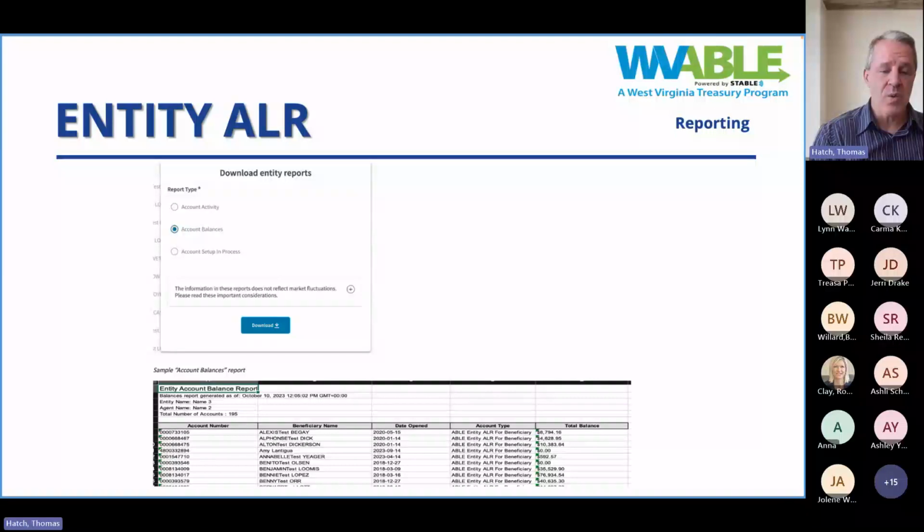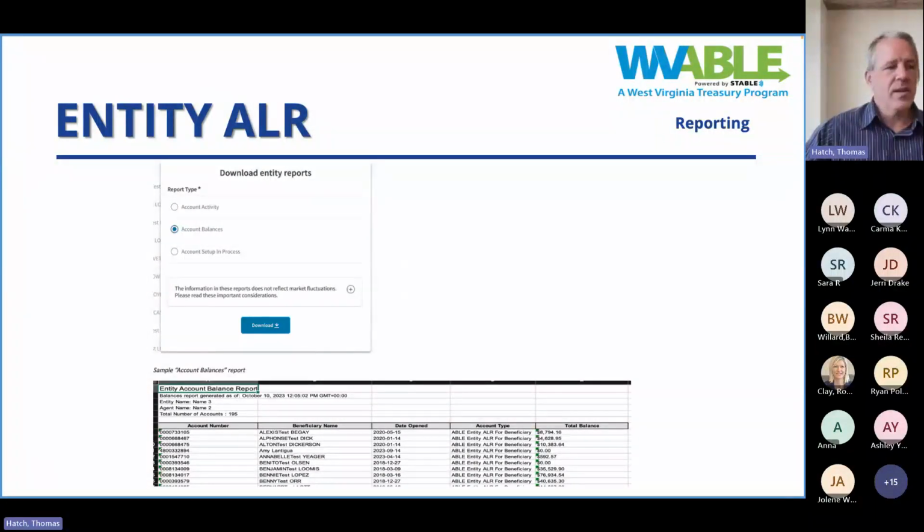And another great thing about this report that kind of replaces something we had in the previous reports is, in giving you all the balances of all those accounts, you can sort it because it's in an Excel file. You can also see what accounts you have that have $0 balances, right? So either accounts where you didn't realize, oops, maybe somehow we spent all the funds, or one that I thought we had put funds into, but it's showing $0, and maybe you need to reconcile that. Is there still a contribution pending, or did the contribution not get applied? Whatever. So this is a great and handy report to use to verify that information.